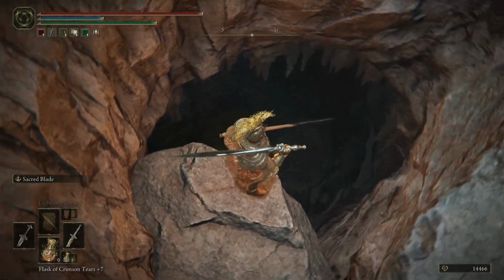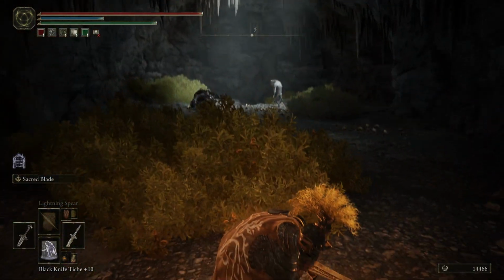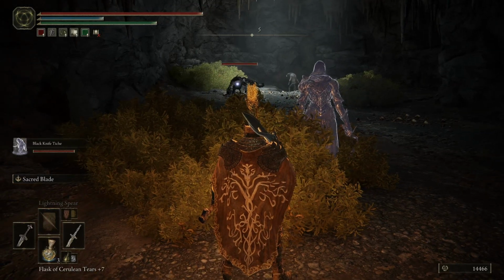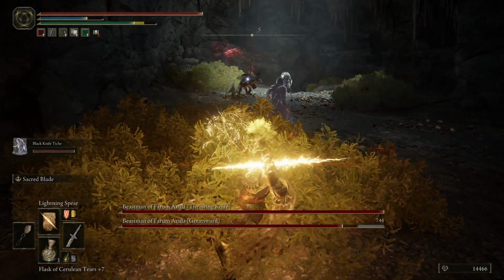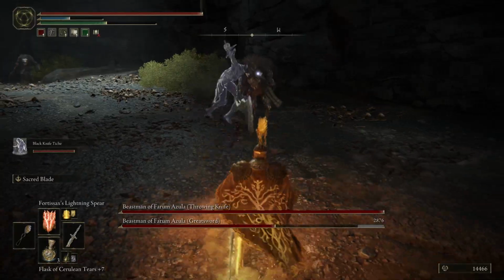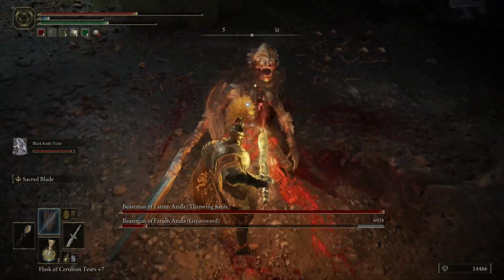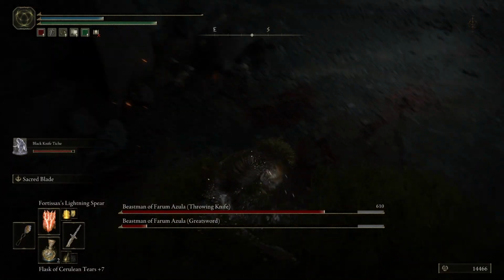Okay, are we gonna drop straight into combat? Yep. There's gonna be what, 2 of them? Okay, what's that thing? I got something else for you. Oh, that poise broke you? Alright. That's not... Oh...